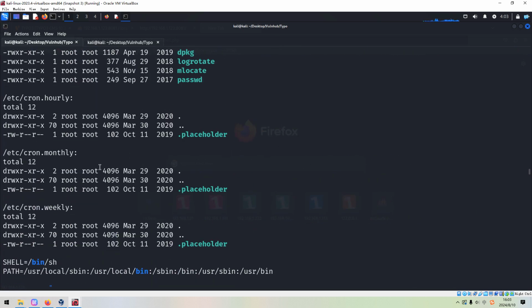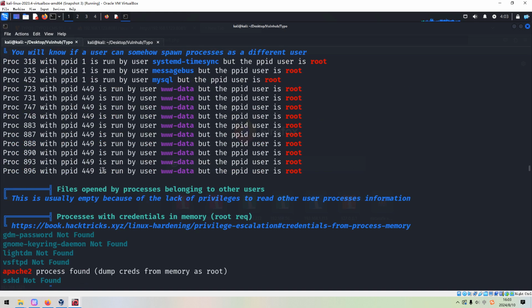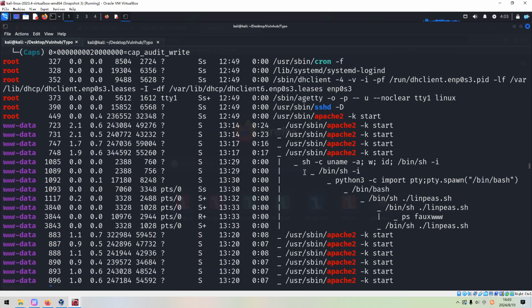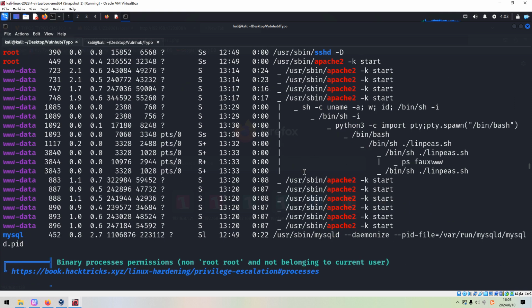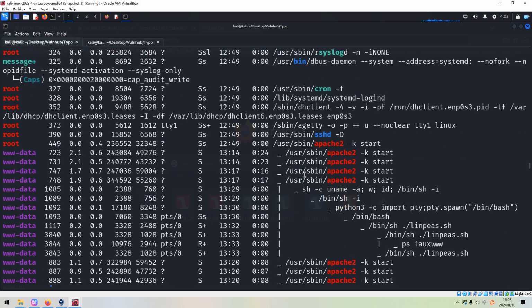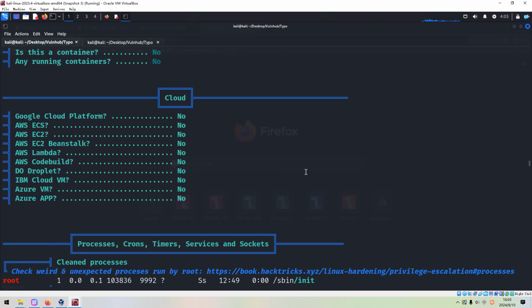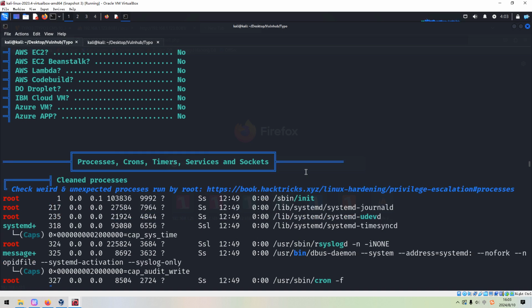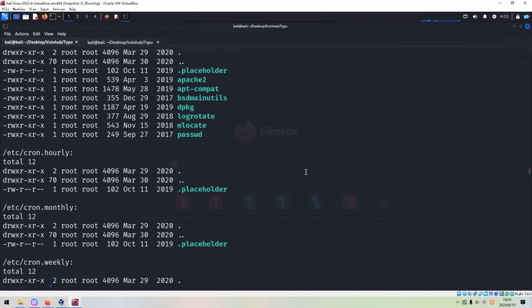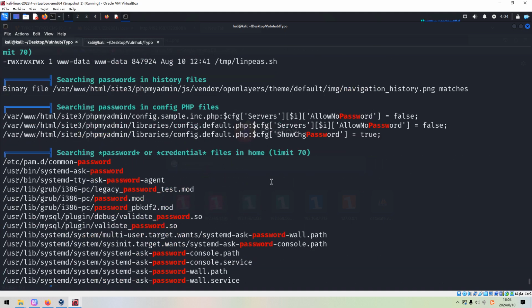Current job information. Nothing there. Process information. Apache 2. All right, it's done.